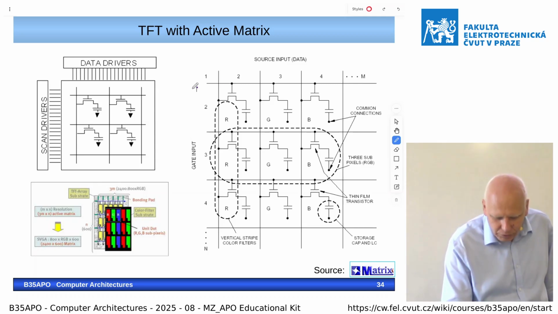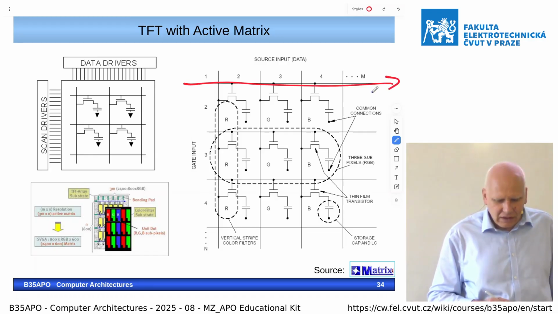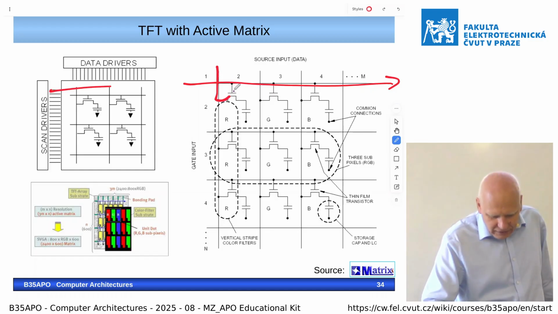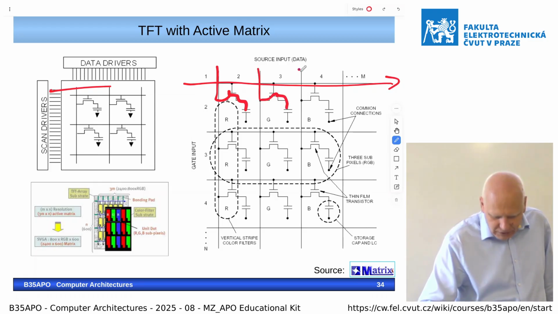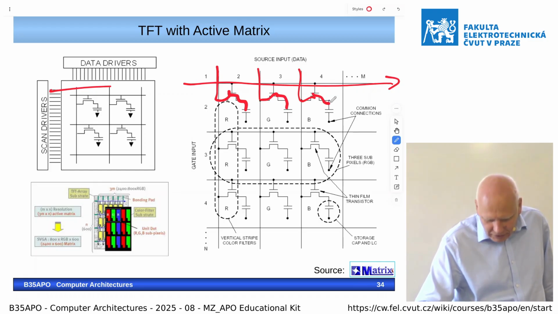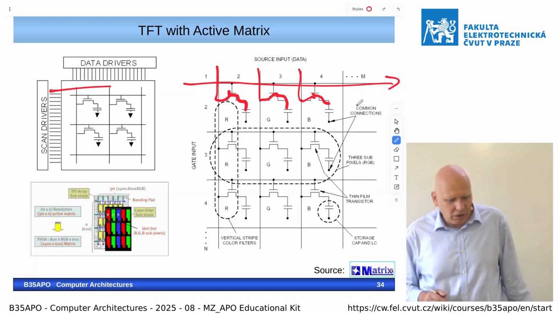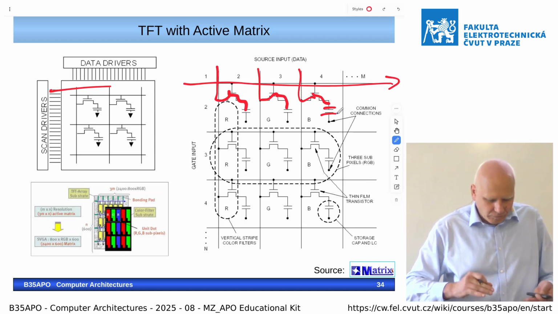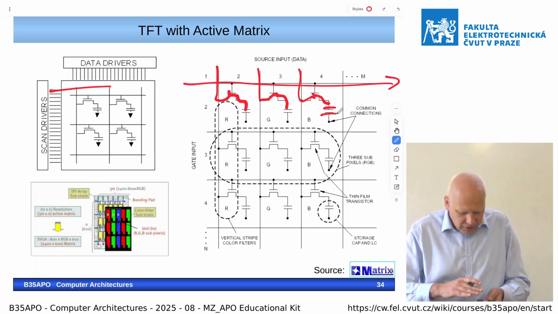So basically you select the, in this case it is not word line, but a row line, and then if you switch those transistors on, you can set up the voltage level at the capacitor, which is represented by that liquid crystal